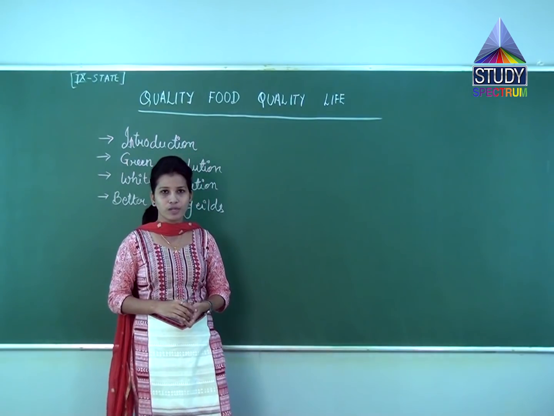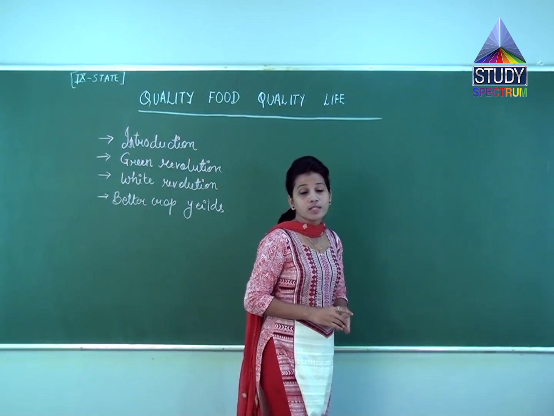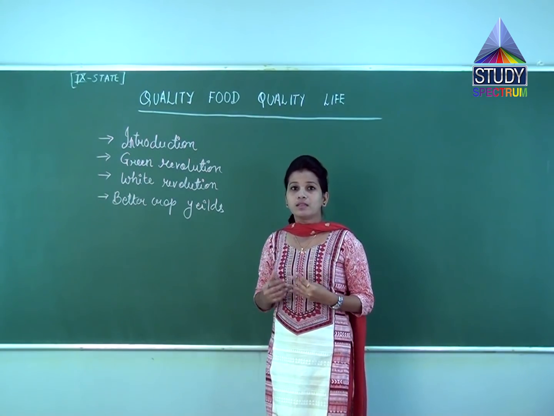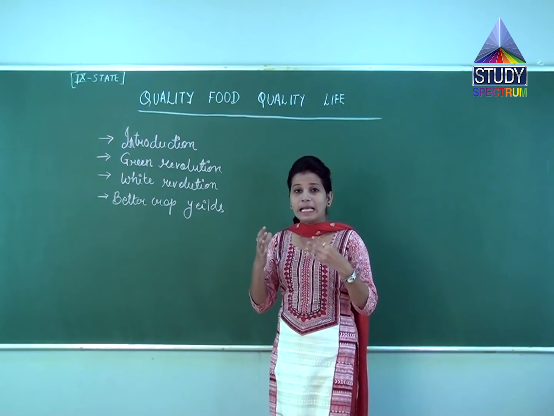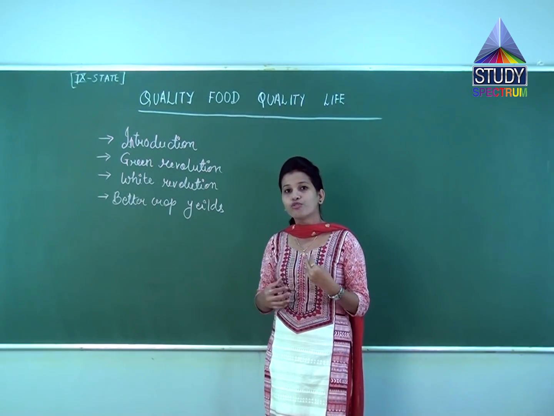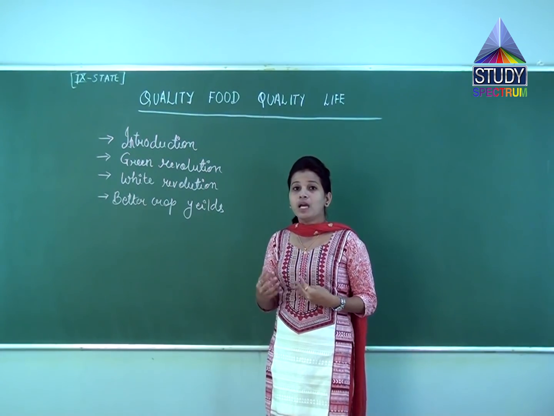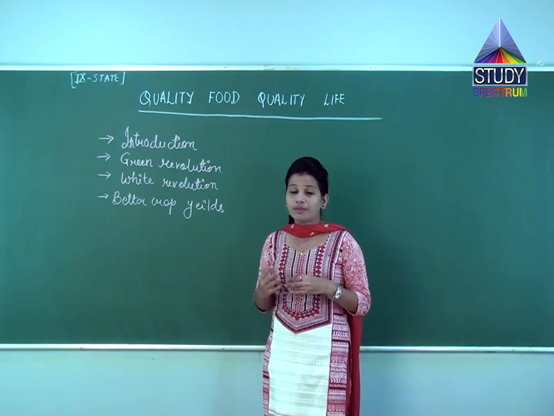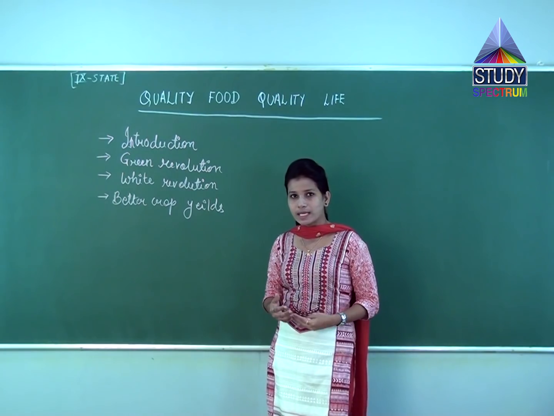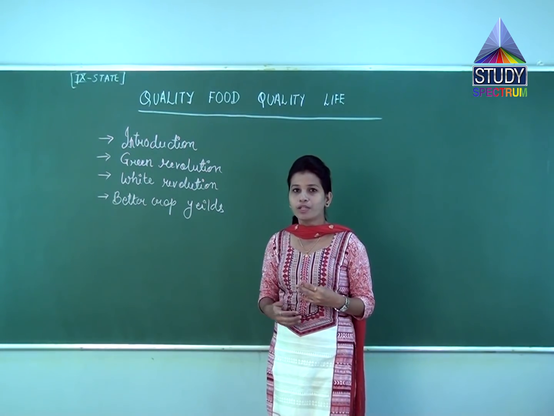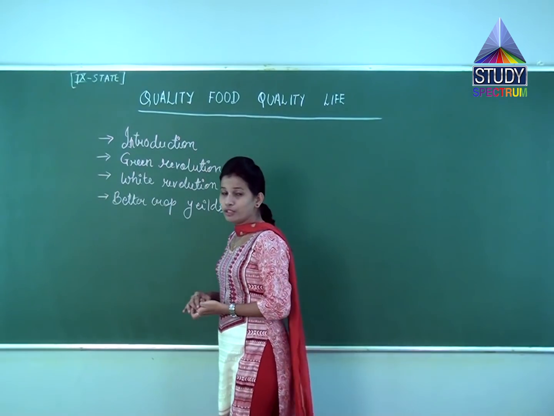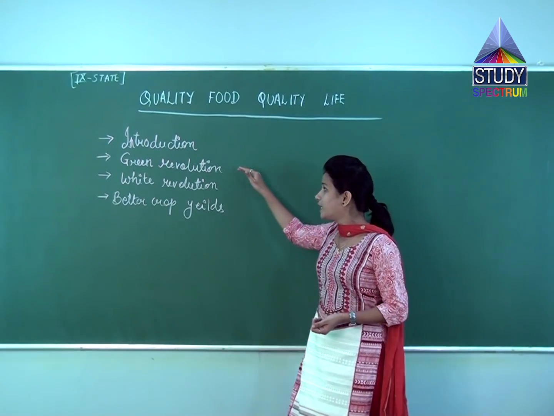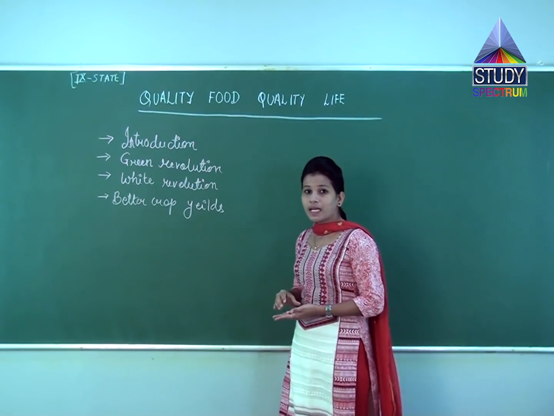Now why is there scarcity of food in India? This is because the food that is produced is not reaching the poor, plus there is wastage of food, and on the land which is cultivating the food, there was no proper cultivation done. For example, if a particular area is involved in cultivation of crops, then there the crop productivity is less, the use of fertilizers was less, and there was no proper income coming to the farmers. So a new evolution has occurred, that is called the Green Revolution and White Revolution. Green Revolution